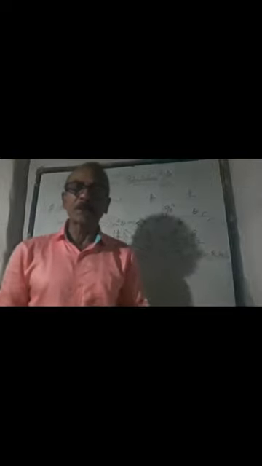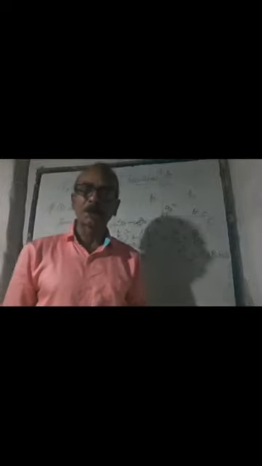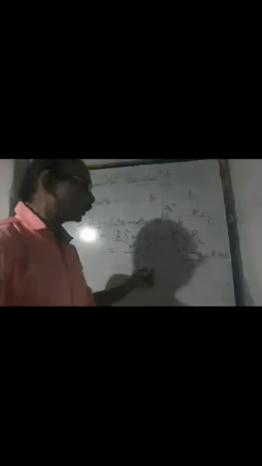So whatever the value of theta, no matter, here theta is taken in between 0 degree and 90 degree. You know that according to your syllabus you have to move from 0 degree to 90 degree. But in higher class you will see that whatever the value of theta you take, no matter, the same result is going to be obtained. So sin square theta plus cos square theta is always equal to 1.